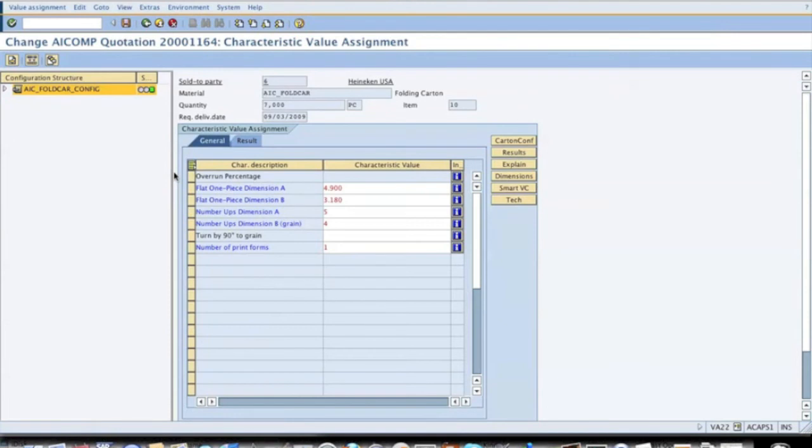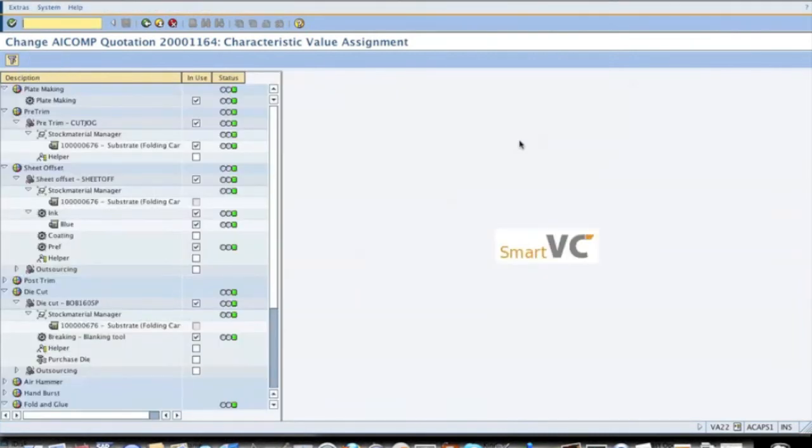Alright, welcome back to our SmartVC configuration. You see here, this is our starting point. So I took the freedom and I took the specs I have for this product, and I went through our SmartVC screen we saw before, and based on the navigation and the status concept, I configured this new product. And I will just glance through a couple of items here just to make you even more familiar with our structure. So you see this tree structure here, and again,